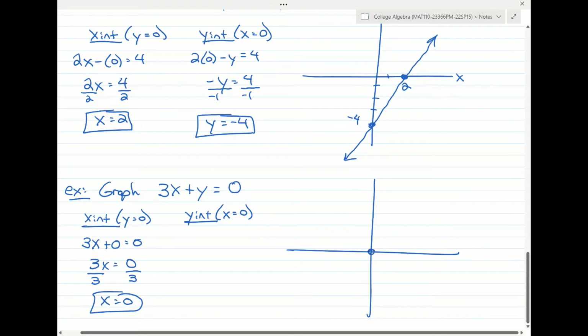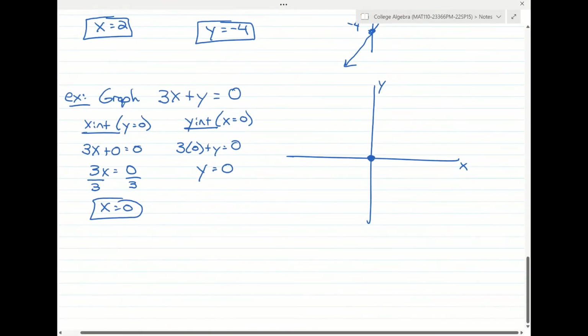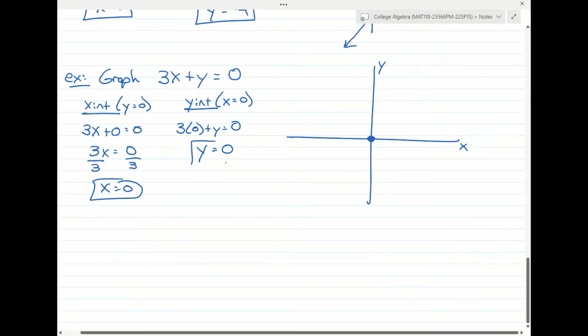X is 0, we just put a point over here, it crosses the x-axis at 0. The y-intercept, we put a 0 in for x, just get y is 0. We only have one point. So this is where it gets a little tricky, and we'll talk about slope in the next section. But if you wind up with a problem and the intercepts don't help you graph it, as a backup plan,